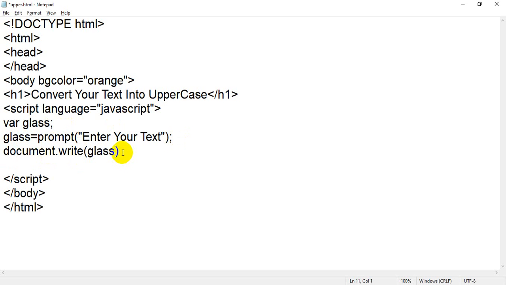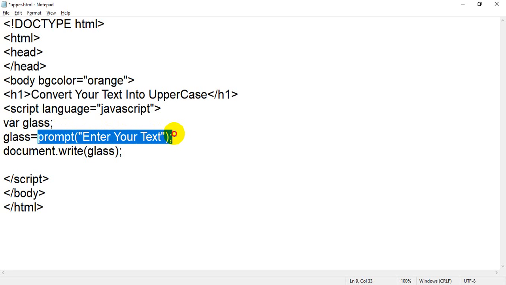Okay student, I think it is a very easy way. I am just trying to explain, if you can understand. First I have declared a variable whose name is glass, and glass is nothing but some container. Inside that we can store some value. Which value will I store? I will store the value inserted by the user. And how will the user insert? This line will create a prompt box. Inside that the user can insert any value, and whatever value the user inserts will be stored inside a variable called glass. And after that, this line will display the value of glass.